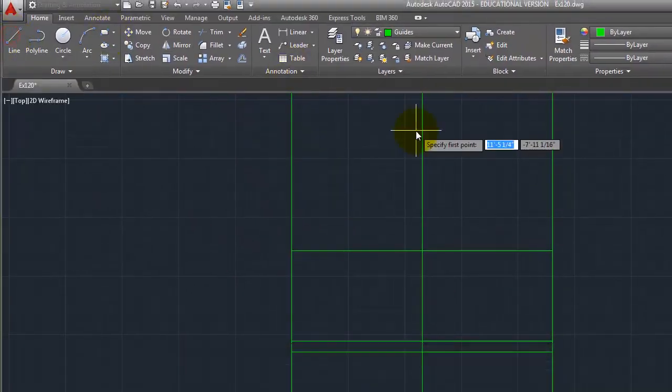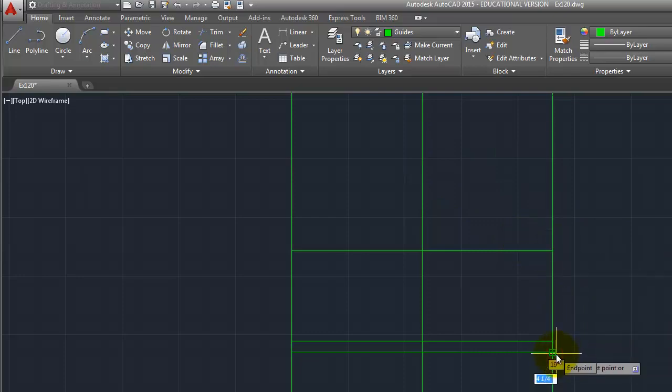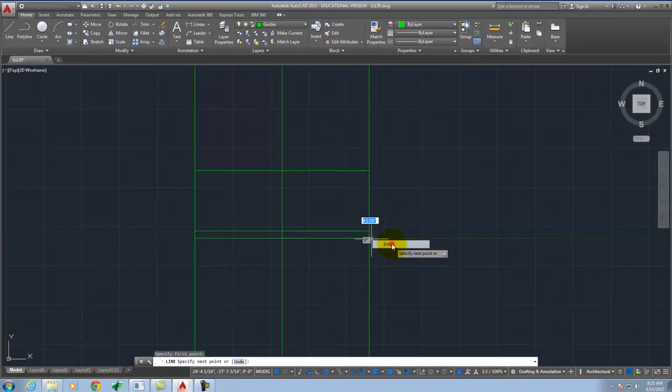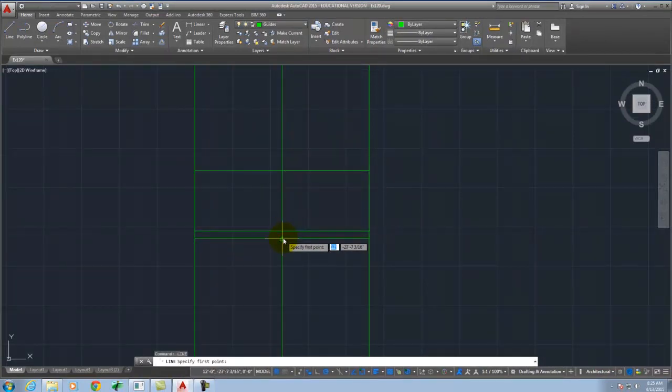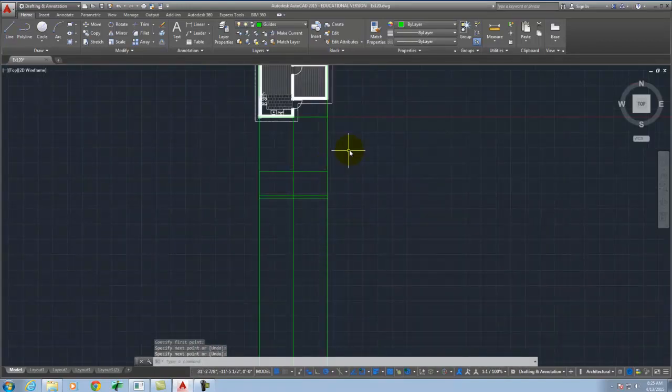So I'll come back to the line tool. And we'll draw a line that represents each of these vertical pieces. There. There. And I am right-clicking to repeat the last command. There it is. All right, so now I could leave these guides here, but I want to show you guys